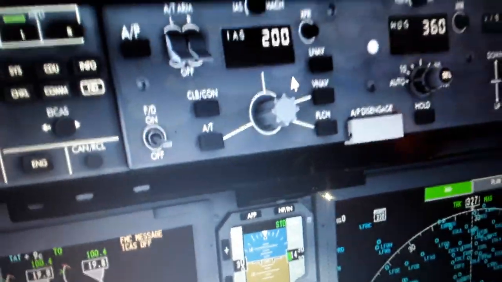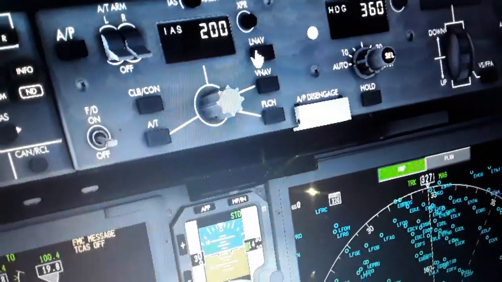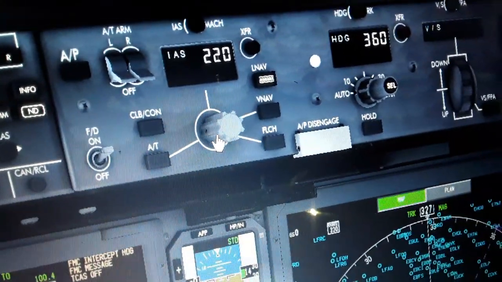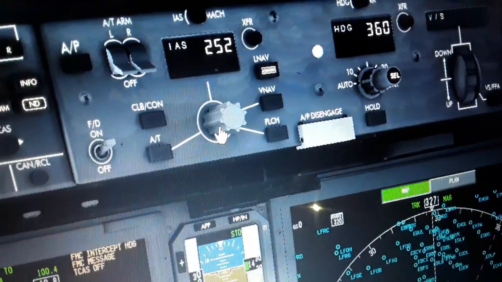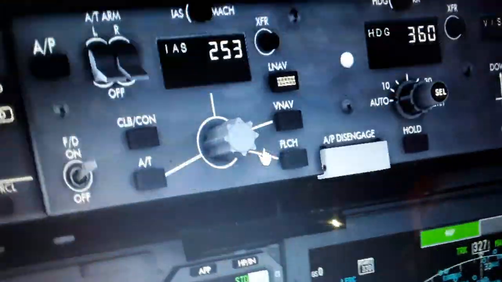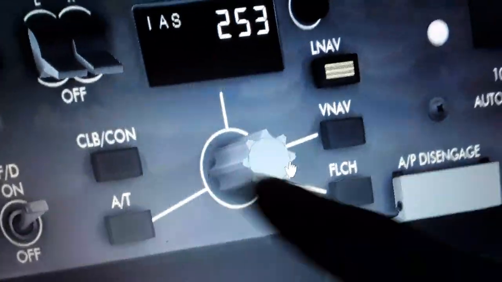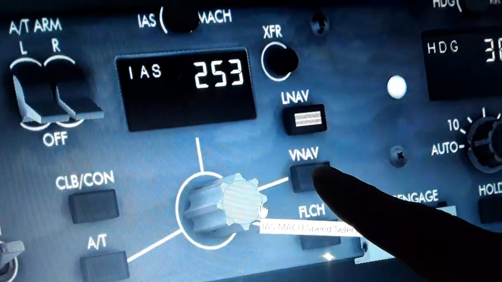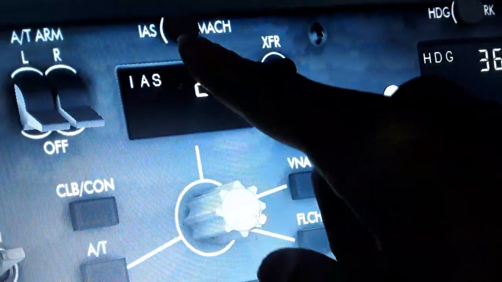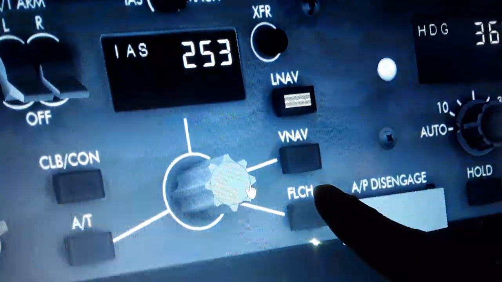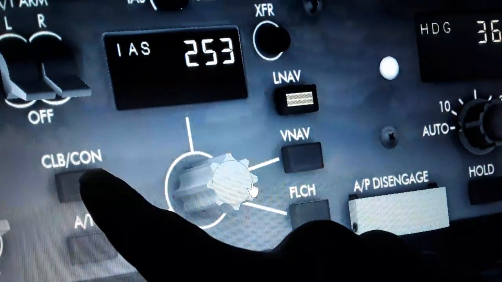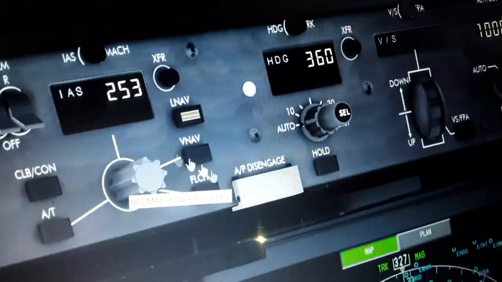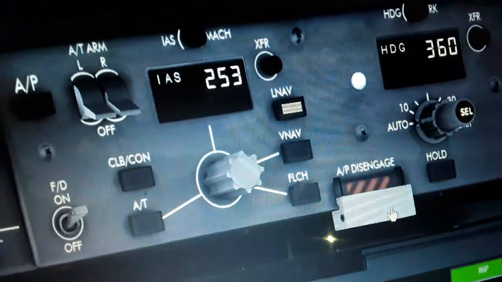You can see the warnings also here change, so you cannot reactivate them unless you have the flight director on. Change the airspeed. We have other modes like you can see climb continues, VNAV, LNAV, which are interconnected, the LNAV and the VNAV from the flight management computer, XFAR, X transfer, indicated airspeed, VNAV, flight level change, auto throttle, climb continues, flight director and autopilot, engage and disengage. So this is the airspeed guide